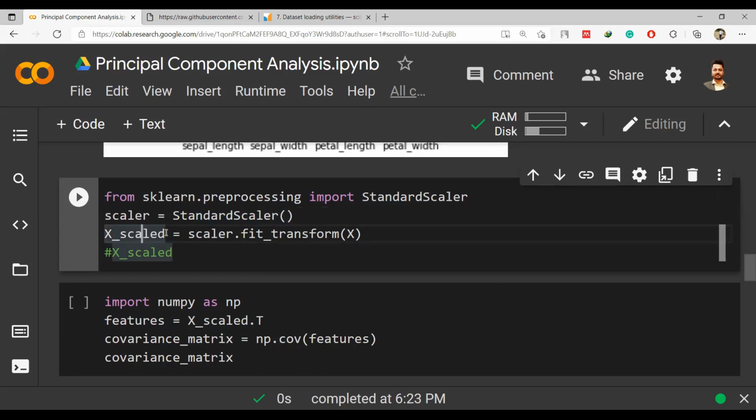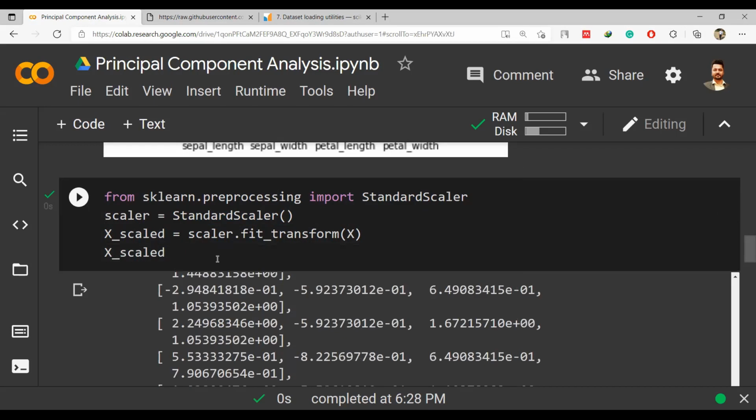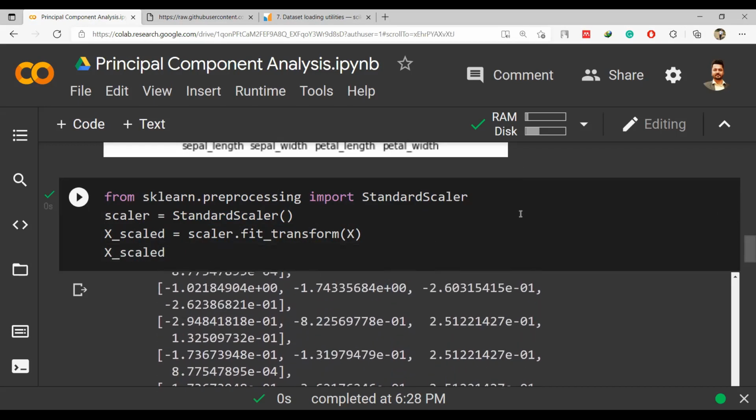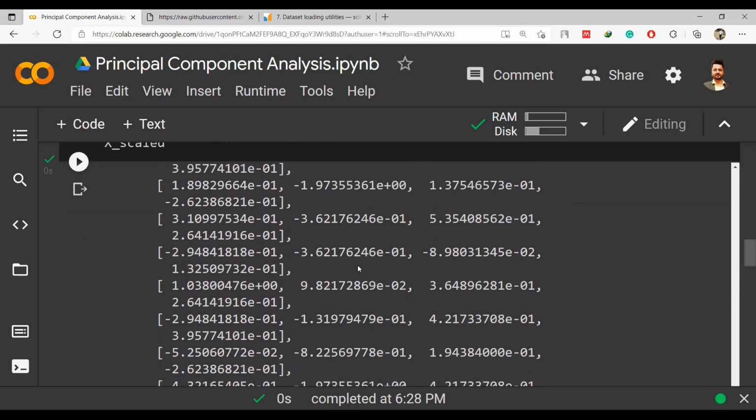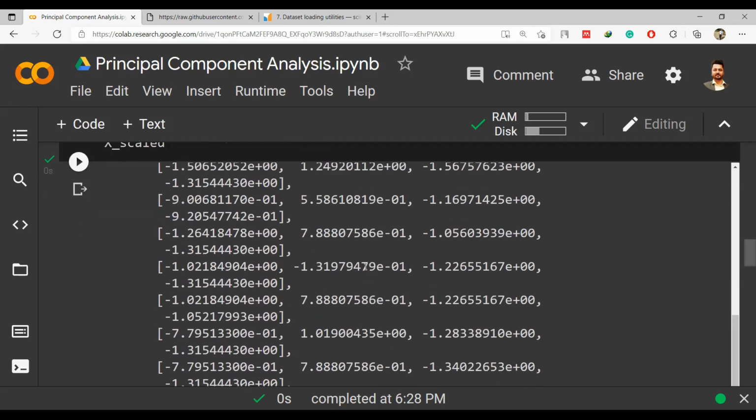They are the classification numbers. They are classes of the data set. You have to only normalize your x part, which has the first 4 columns, with scalar dot fit transform x, right? And then if you want to look at the updated x values after a transformation, you can look into that by printing it. So you can clearly see here that the numbers have been converted into some other range.